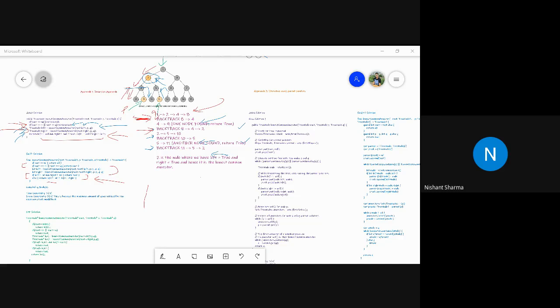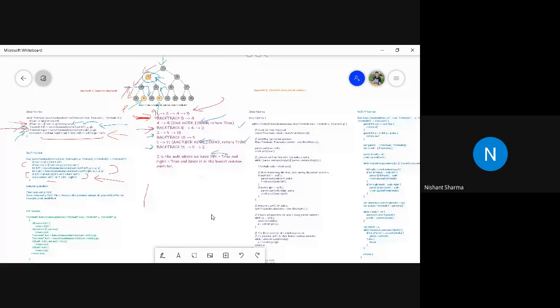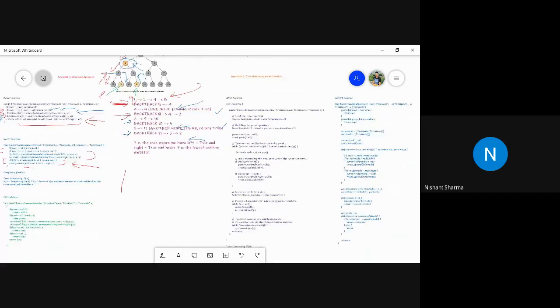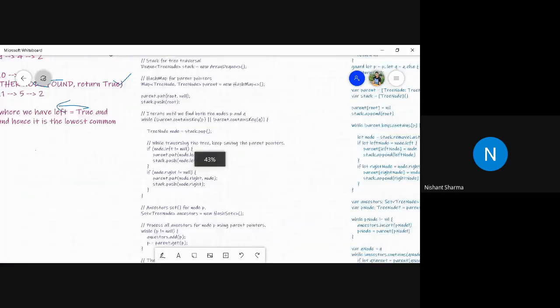Okay. Once we find P and Q, what we will do? We basically traverse the hash map where we store the parent nodes, and we will traverse again from the root node to the found node, and we will store all the elements into a hash map. When we go from root to P and Q, we will verify whether any node already exists in the hash map or not. If yes, then it's the lowest common ancestor for us. So let me just go through the code to explain more.